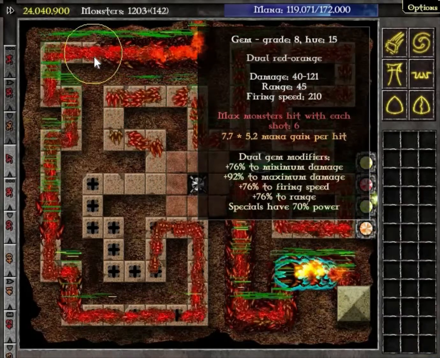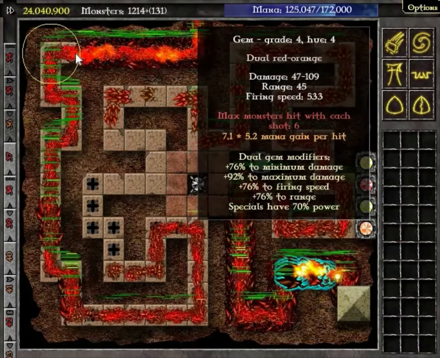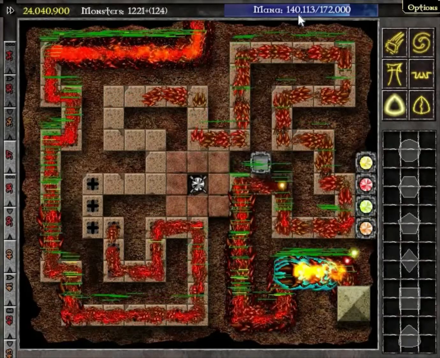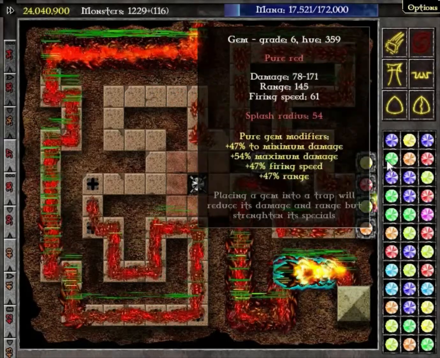Okay. Now that I have my grade 8 gems, their firing speed is quite abysmal, I'm not going to lie. And also, their mana steal isn't exactly great either. How do we increase this? We just wait until we get that magical 140, however many, 144,000 mana. Bang, we do this. And then we very indiscriminately...